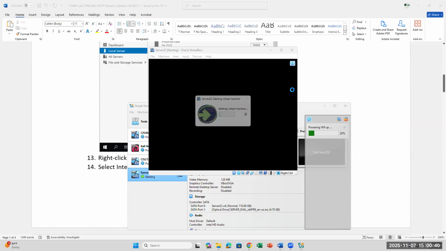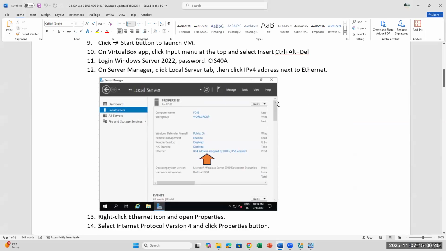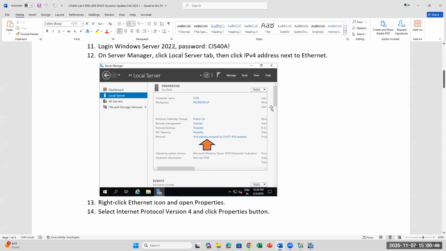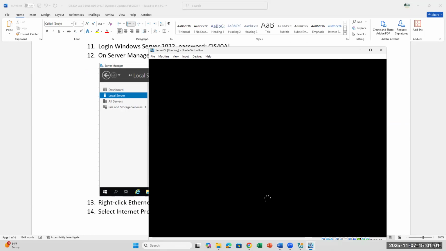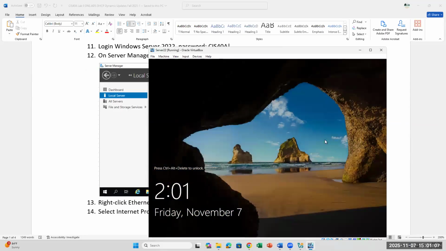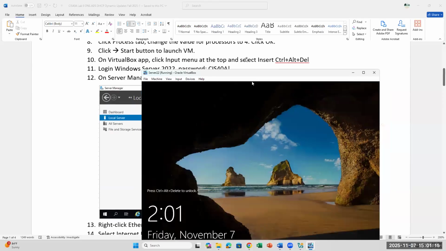The first thing that we need to do on the server is to make sure that we set up the IP address for it. Okay. Just like what you've done when you configured your DHCP server a few weeks back. Now, you might experience some lag inside the virtual machine, but it should be a little quicker than your Server 2019. So once your server is booted, after you start launching your VM, which is step 9,